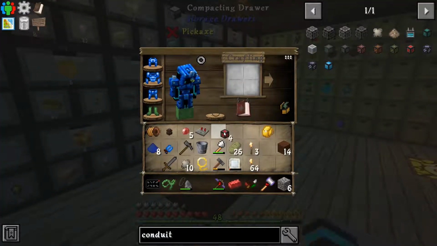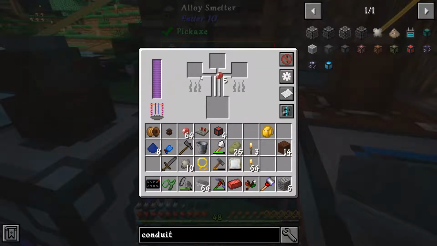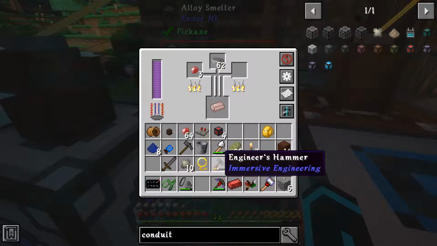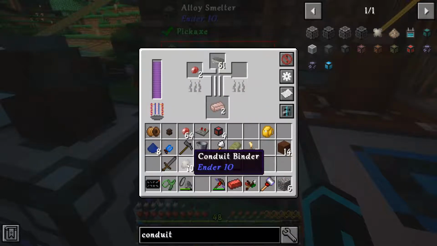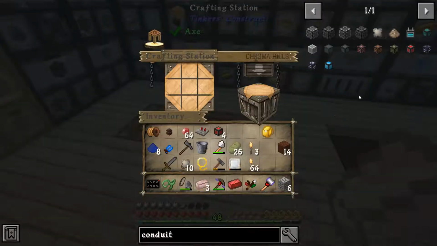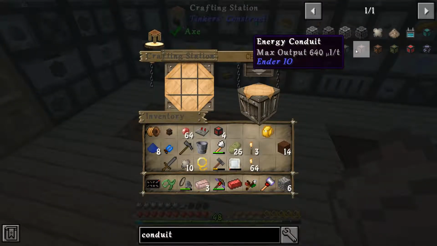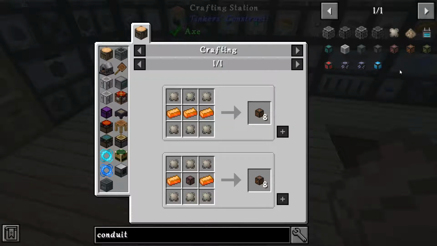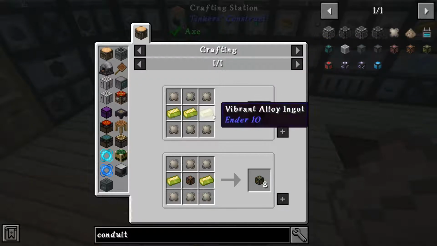Pretty easy to do. We will put some redstone in, and we will put some iron in. That will create us some conductive iron. We'll need only 3 of them, and I do think we have enough conduit binder. There goes, and that will produce us some tier 1 energy conduit that does 650 MI per tick max. And there is the enhanced one that needs energetic alloy, and then there's the ender one